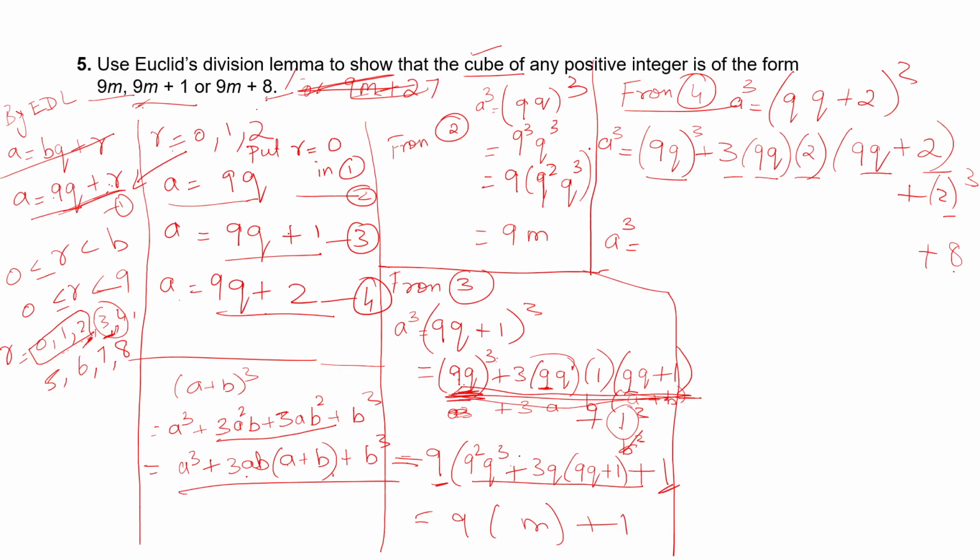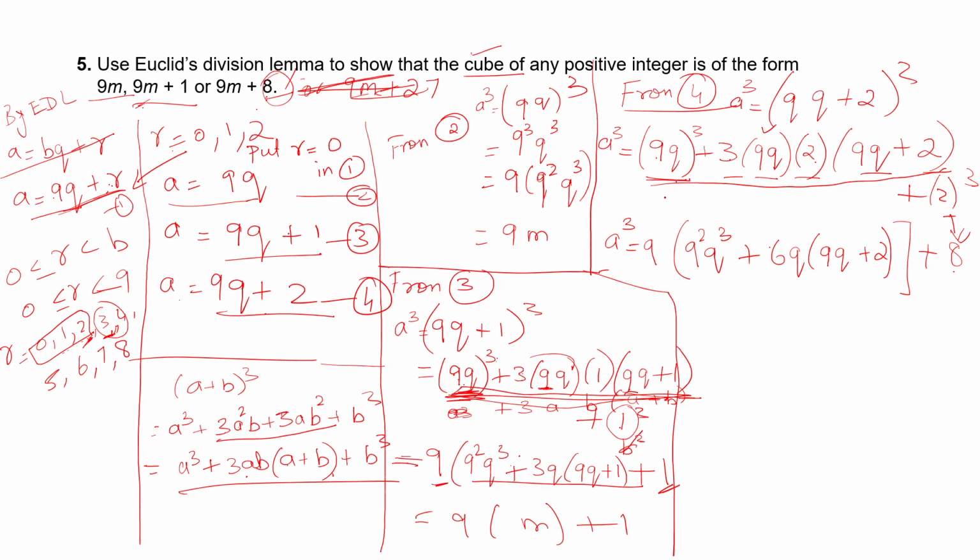8. 2 cube is 8 because we require 8 here. So I have kept 2 cube as such here. From the remaining I have to take 9 common outside. Okay. I have taken 9 common outside from the first term. What is left out? 9 square q cube. Then 9 common outside from the second term. What is left out? 3q2, 6q into (9q plus 2). Please take only one 9 outside. Write all the remaining as such. Don't expand. No need to multiply. Nothing. You just write as such.